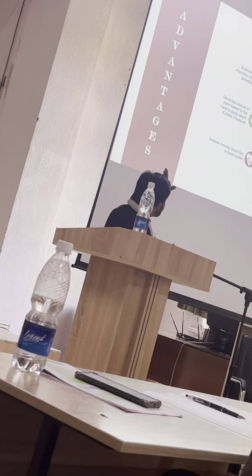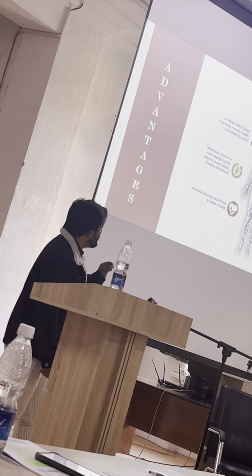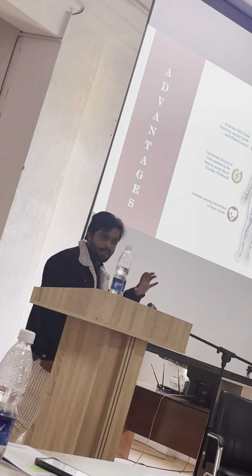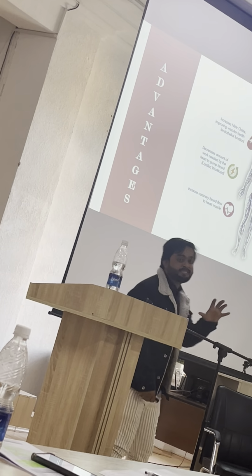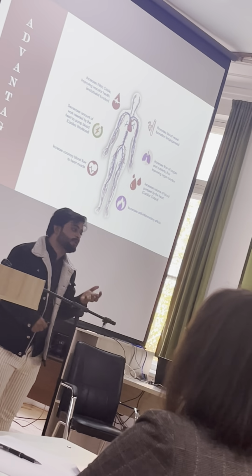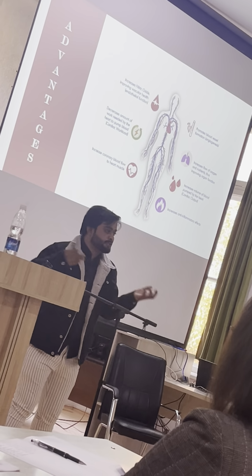And then we have the decreased workload, as I have described, during the process of pushing blood from the calf area towards the hip area. And another one is increasing the coronary blood flow to the heart muscle, because the heart has a major role in our body. If the blood supply towards the heart is good, what will happen? The heart will perform its function well. For example,